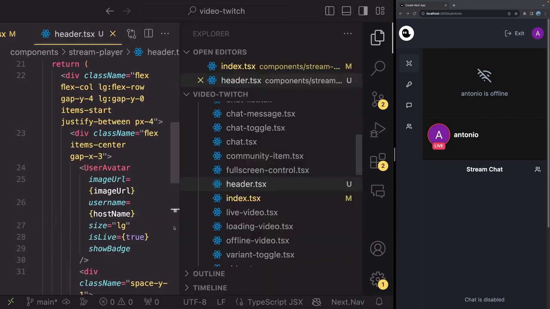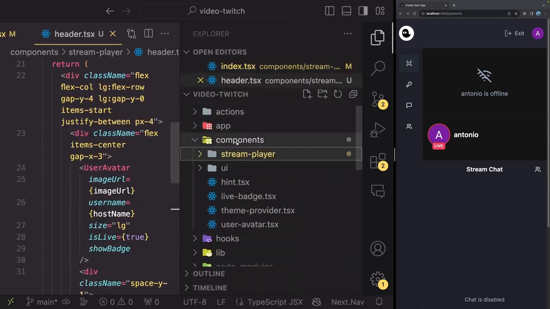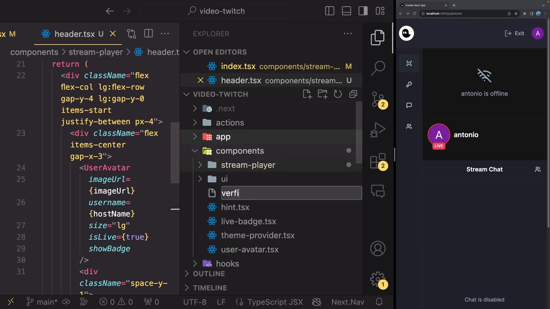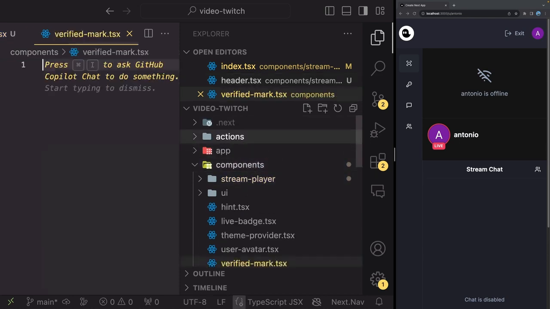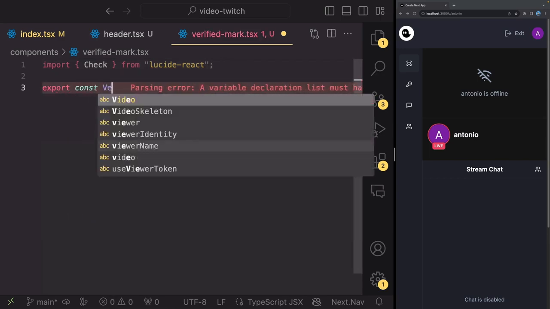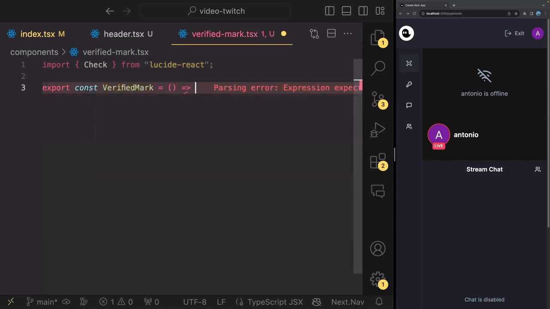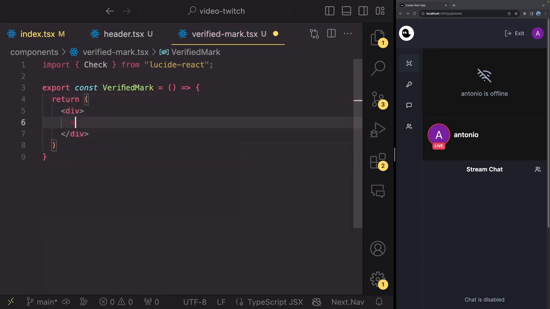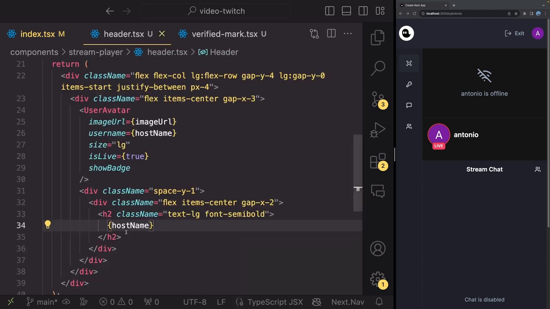So I want to create a little component for that so we can reuse it wherever we need. So inside of your components folder, create a new file, verified-mark.tsx, like this. And let's go ahead and import Check from lucide-react. And let's export const VerifiedMark. And let's return a div which renders that check icon. And I already want to use that. So go inside of header. And what I want you to do is below this